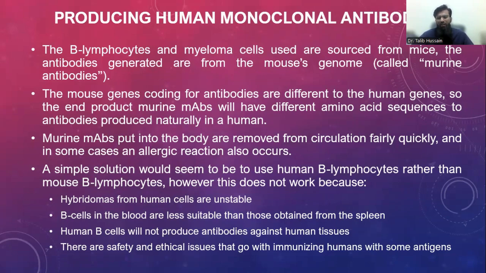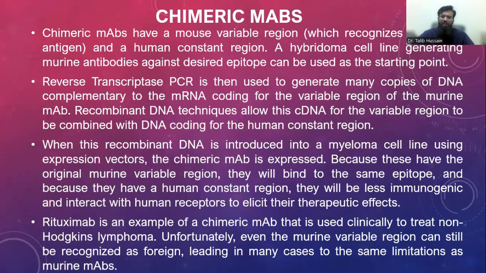So it is a very difficult way to treat with murine antibodies. There is another solution that we can use: hybrid monoclonal antibodies. Hybrid means we can use chimeric monoclonal antibodies. Chimeric monoclonal antibodies have the variable